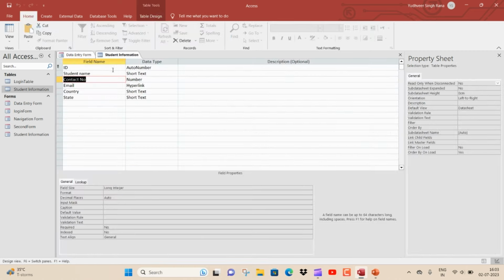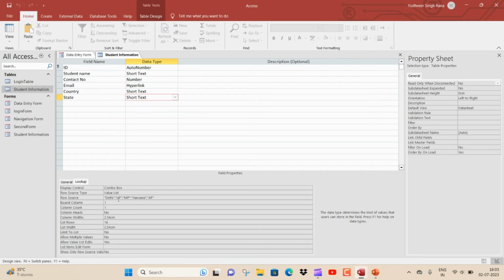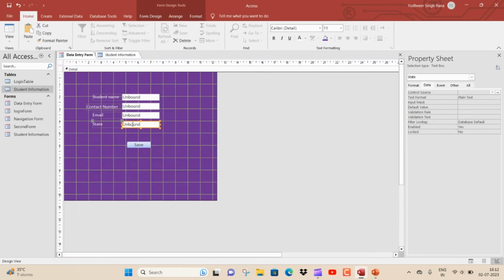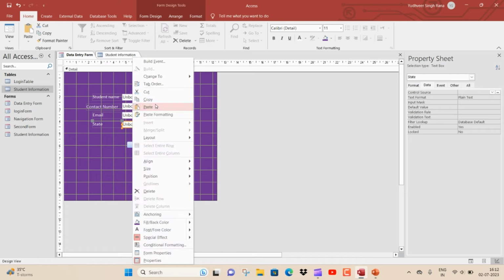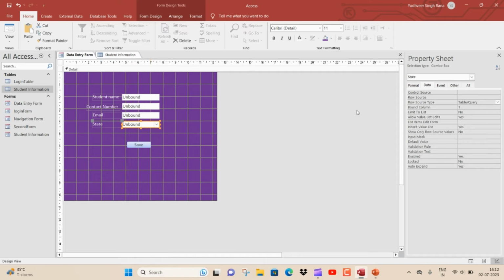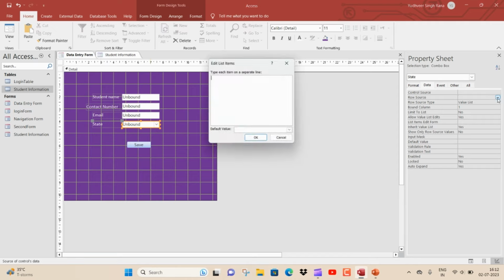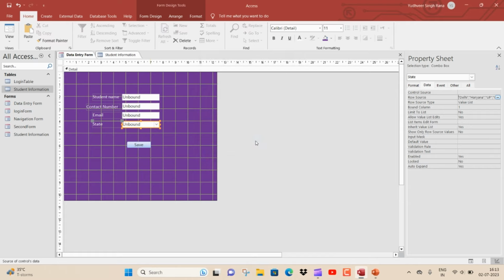So here you can see state has a few lookup values like Delhi, Mumbai, Haryana. So I want the same names in this control. So what I need to do is change the control from text box to combo box, right? And I'll change the row source type property to value list. All right. And in row source, I'll put these names one by one like Delhi, Haryana, UP, MP, and AP. Right. I'll click on OK and then